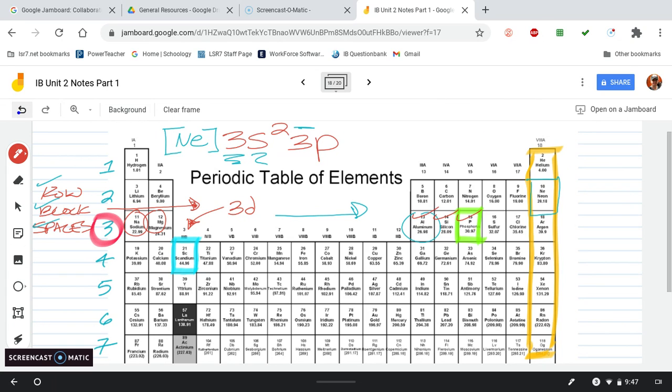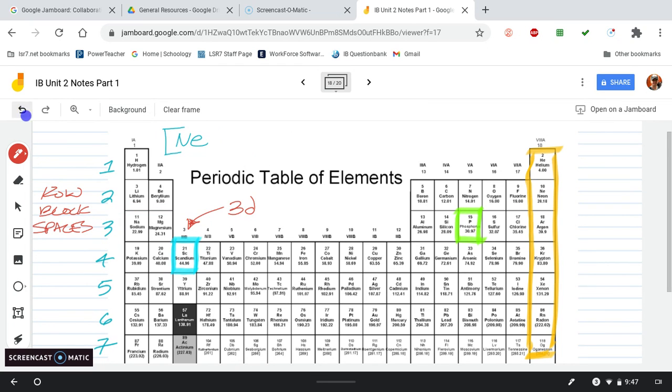So let's go ahead and take a bunch of this back off and start again. And we're going to go to a new element. And so that new element is going to be strontium. So we're going to do strontium. So here we go. Let's go and highlight strontium. And so we're going to be going here, and that's number 38. And that's